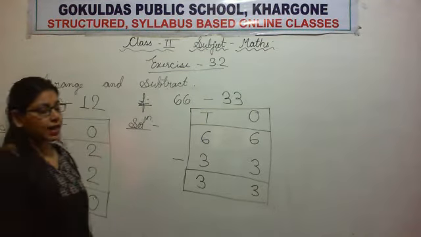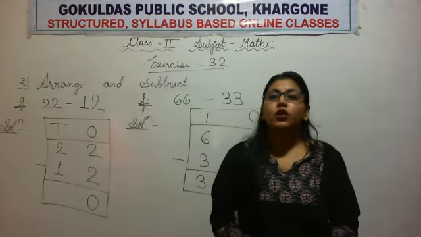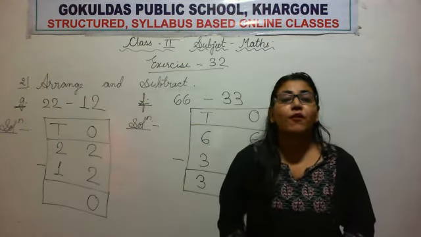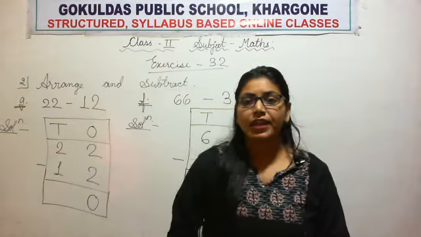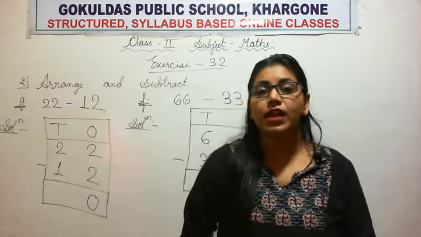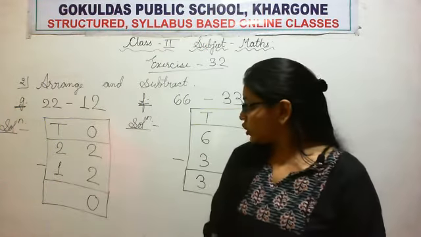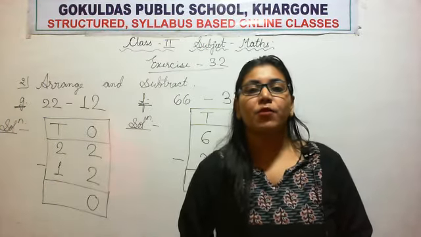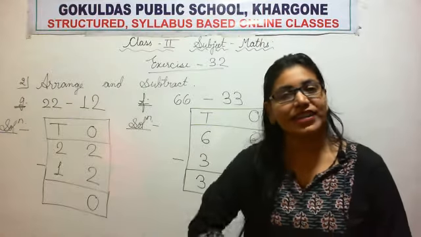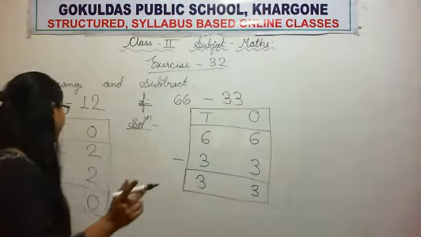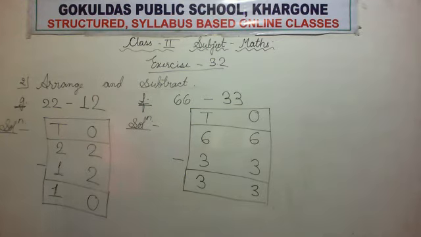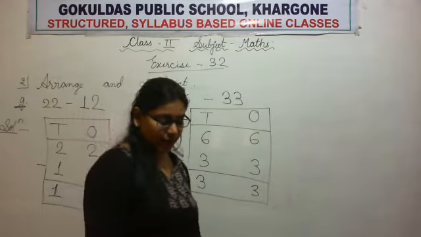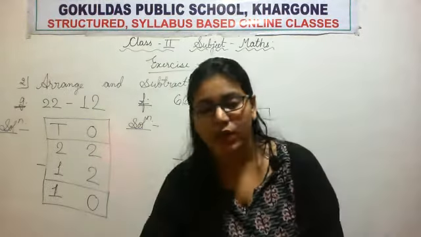Now 2 minus 1. Tens column. 2 minus 1. Remember once again the subtraction property: whenever 1 is subtracted from any number, the result will be the previous number. So what is the previous number of 2? Very good. It is 1. So we'll write the number 1. So 22 minus 12 is equal to 10. Our difference is 10. Okay. Now